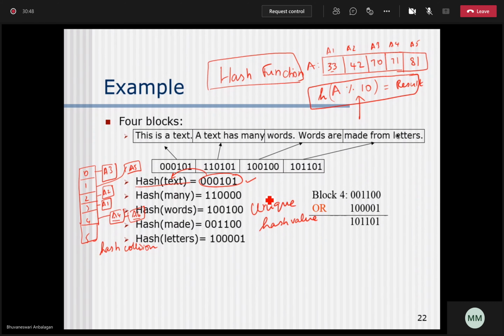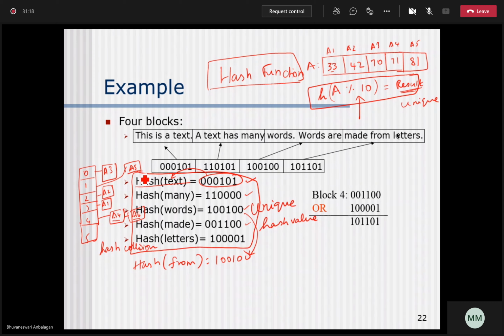All the hash values that your hash function returns as the result should be unique. For example, if I have another word like "from", which is the same as words 100, 100, what will happen? This is called hash collision. For a given signature file, sometimes they will ask you to design the hash function.